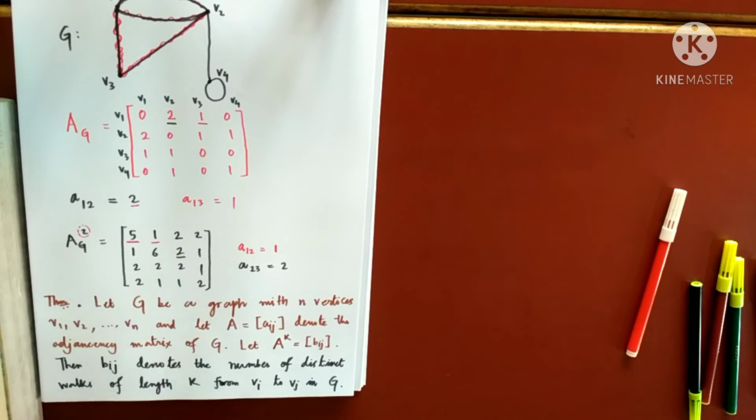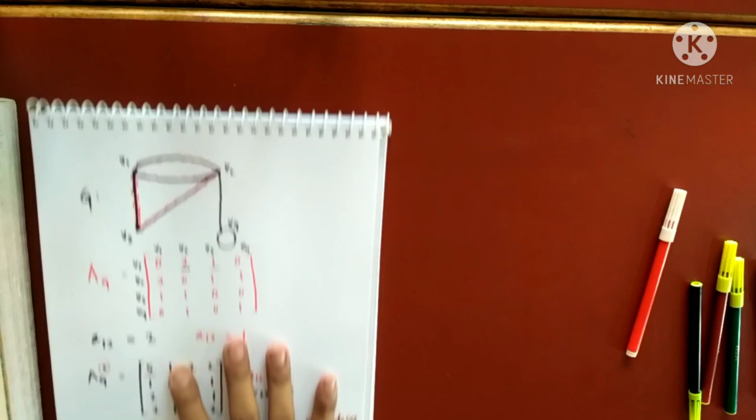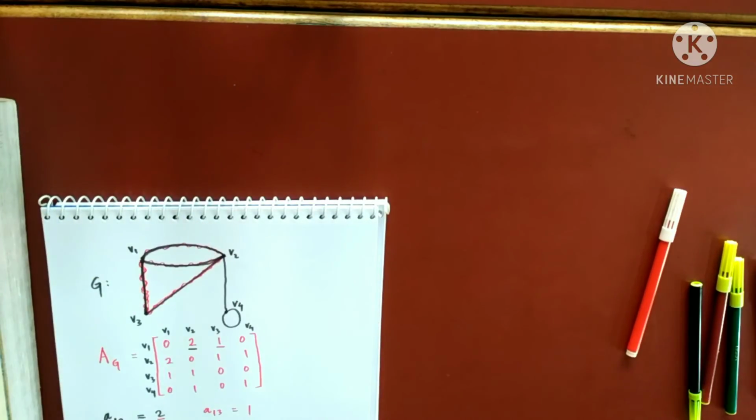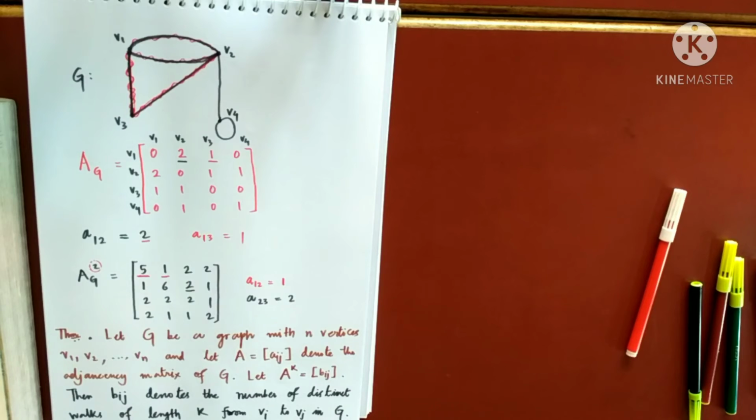Okay. So this is why the adjacency matrix is important. Firstly, it will help us to store the graph while doing some computer programs, and secondly, this matrix can also be very useful for determining the number of walks of a particular length from some vertex to another vertex or to the same vertex. So suppose I give you any graph like this, and I ask you to find the number of distinct walks from V1 to V4. So what will you do?